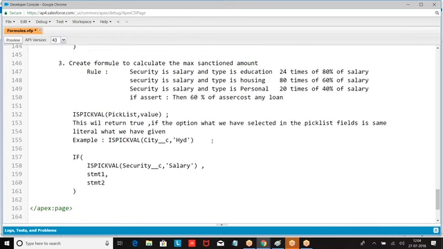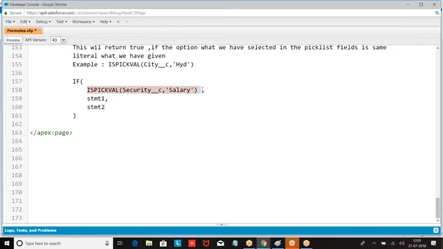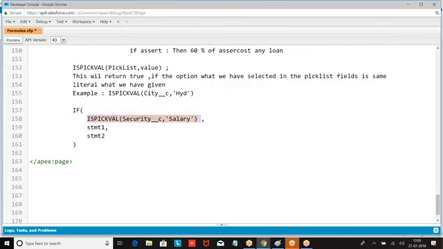Am I right? If condition, this is the condition. If security is salary, statement 1 will come. What is our statement? Everyone is good with this, right? If what we have selected is salary, then statement 1. What is statement 1? I am giving case. What is there in the case? Statement 1 is case. What was that? If type is